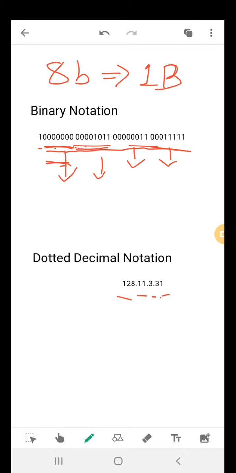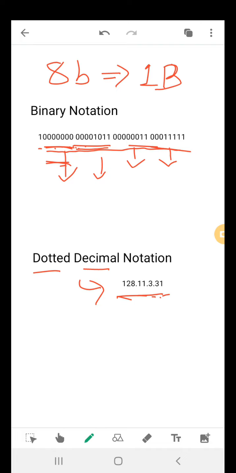So in dotted decimal notation, from the binary notation, you need to take byte by byte, and every byte you need to represent in the form of a decimal, and between the decimal values you need to give a dot. So in terms of dotted decimal notation, the example is 128.11.3.31. So this is an IP address. Next we are going to see how to convert from binary notation to dotted decimal, and from dotted decimal to